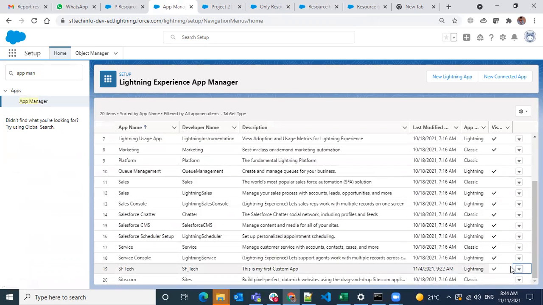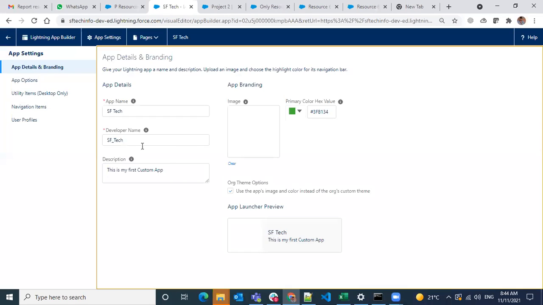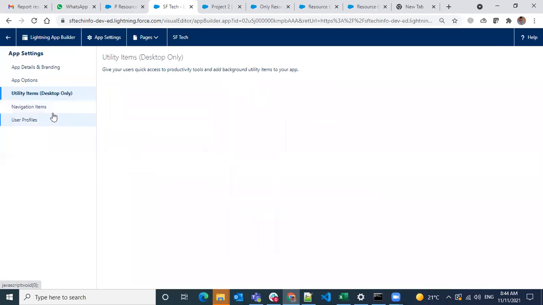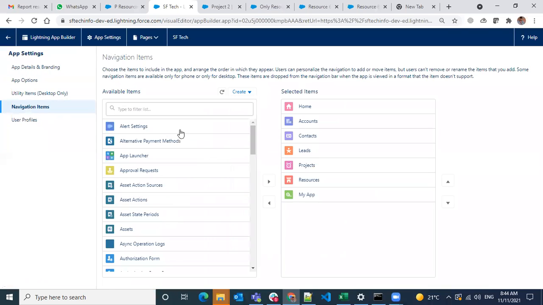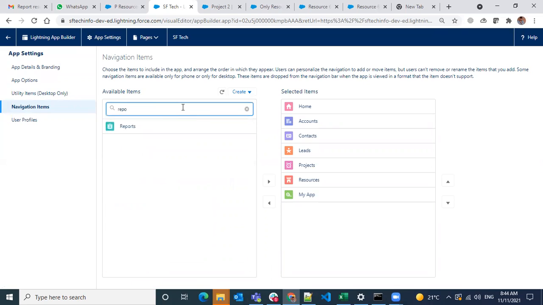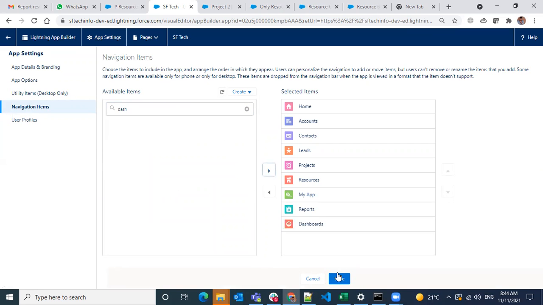I'm just adding a report and dashboard tabs to my app. Every time I need to go back there. Navigation items. So add reports and add dashboards. That's it.